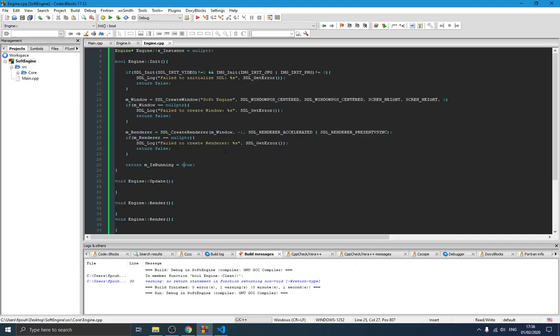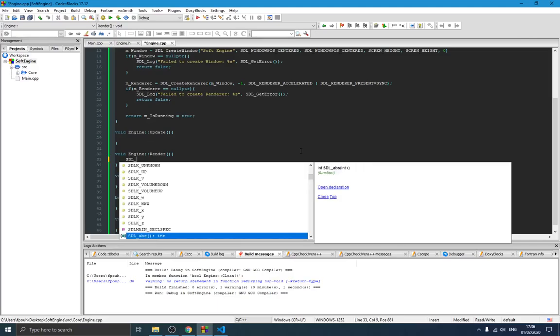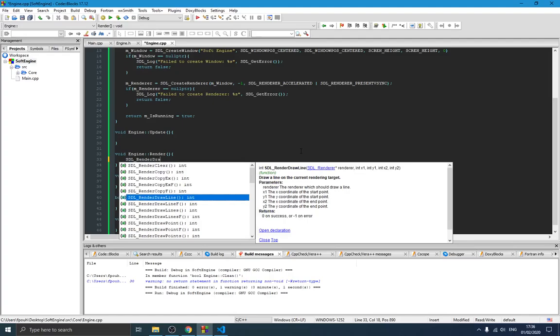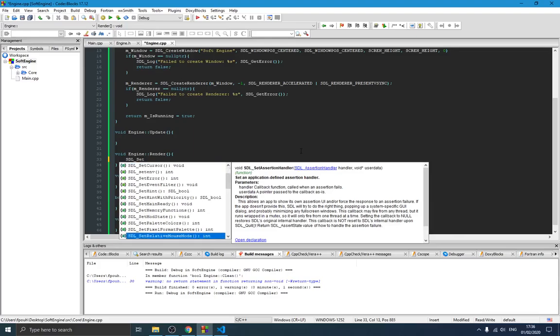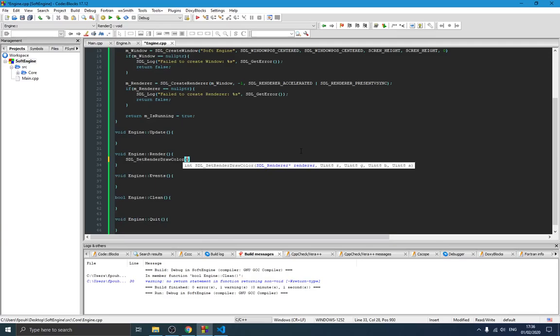Now we want our window to appear. We also want to set which background color the renderer should have. So we go in our render function and we simply say SDL render draw color, SDL set render draw color. Yeah, hope I'm not wrong about that. Now we give our renderer, because we want to set the color of this renderer,